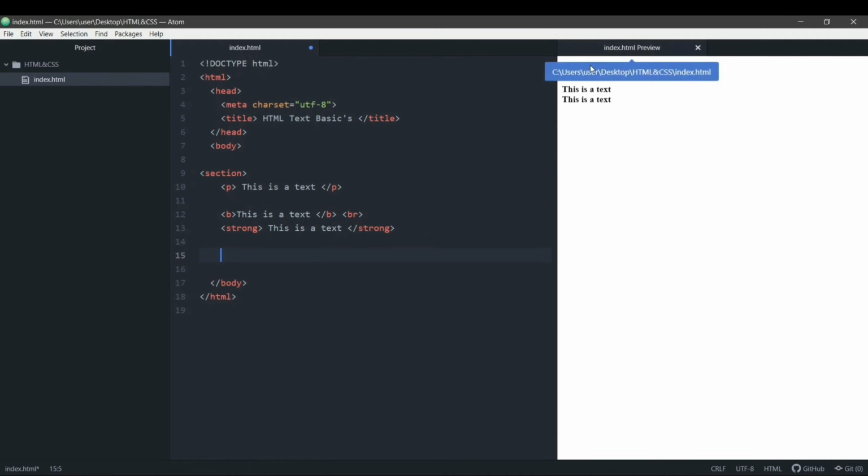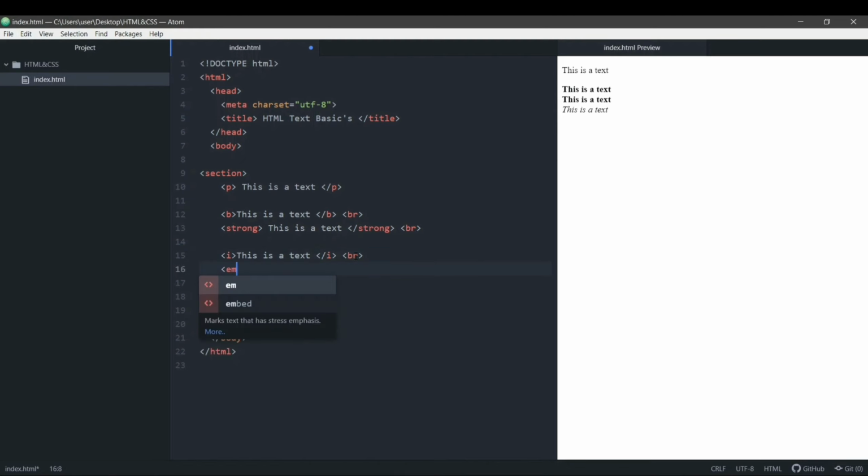So to convert this text into italic, we're going to use a tag that is called the i tag. So you open a bracket, write i, then you paste the content, and then you close off this i tag. And then another way to convert a text into italic is by using the em tag, or the emphasis tag. So it goes em, then you paste the content, and then you close off this em tag. So now you can see that their appearance is also similar. Again you cannot distinguish that we have used i here and we have used em here.